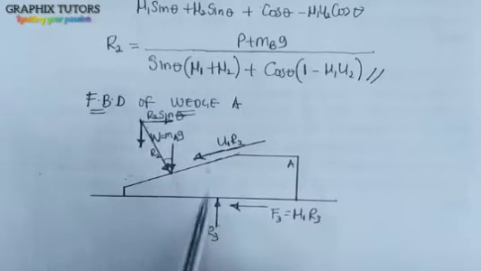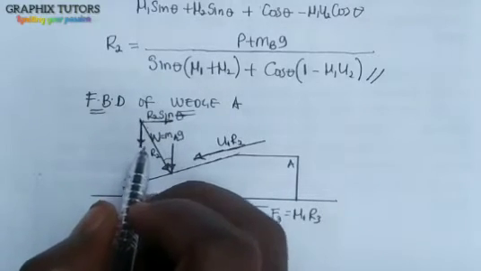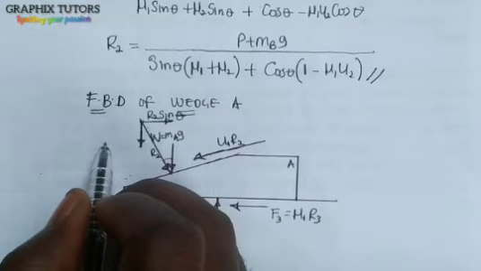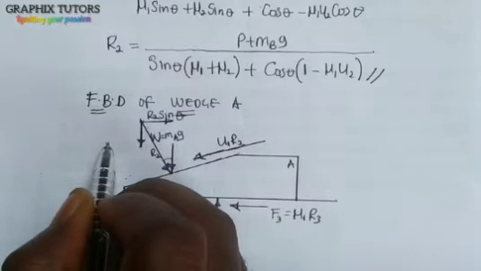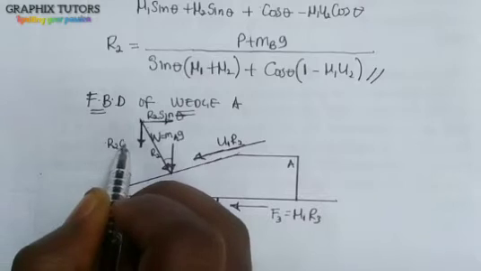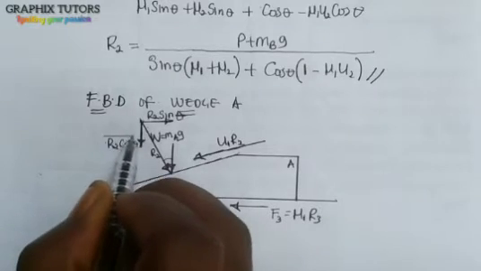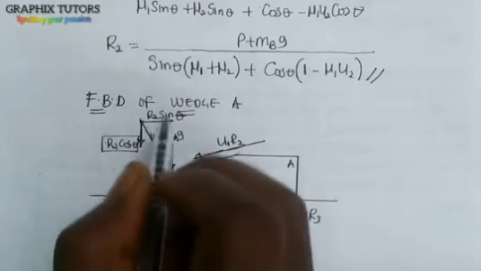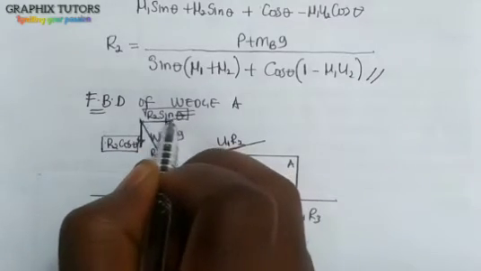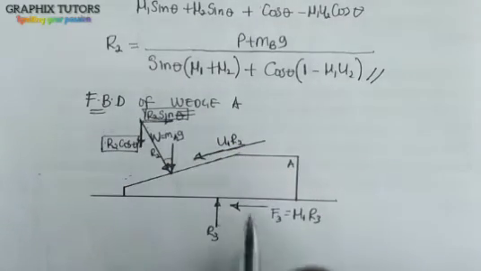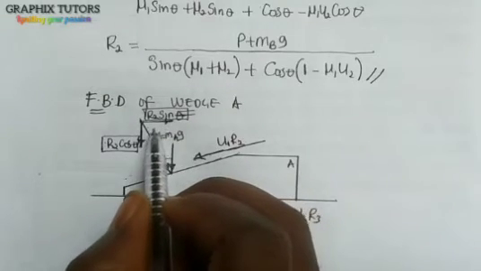Horizontal is sine, vertical is cos, but direction changes, right? So we have R2 cos theta to R2 cos theta. Now putting them in the bracket sign so we'll know what we'll be using. We'll be using this one too. And also we're going to be using this guy too here,